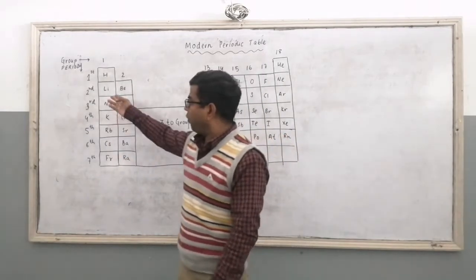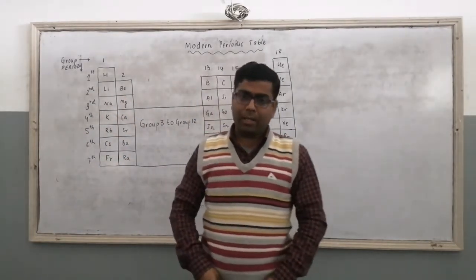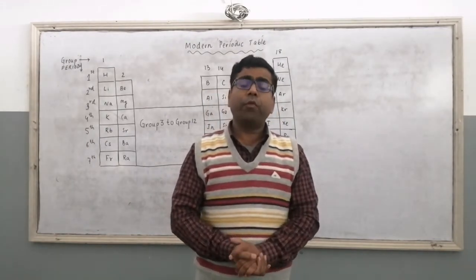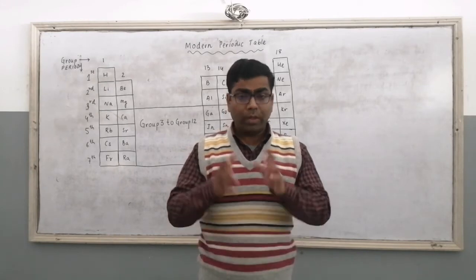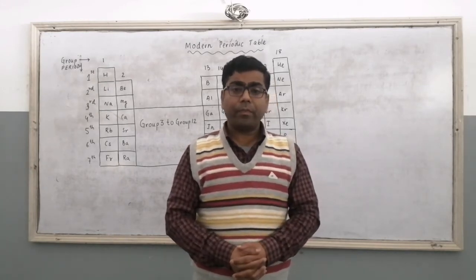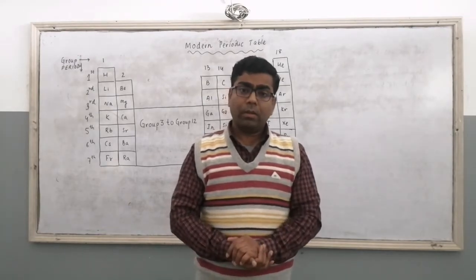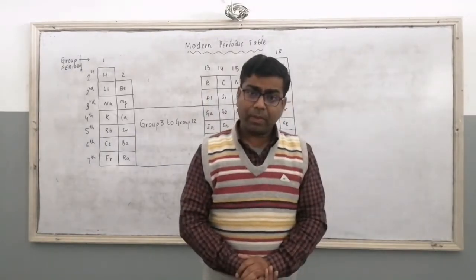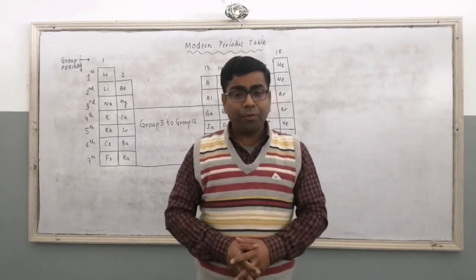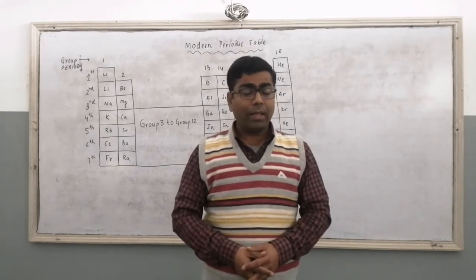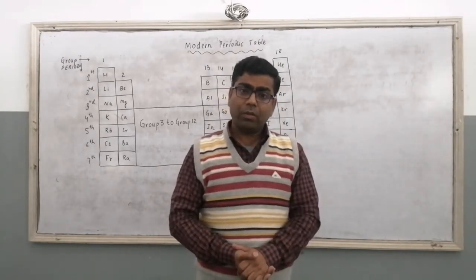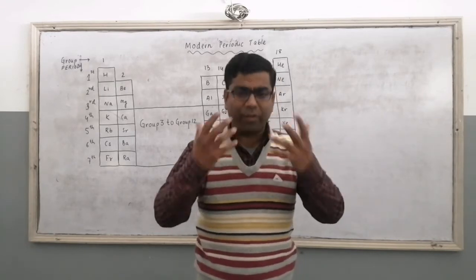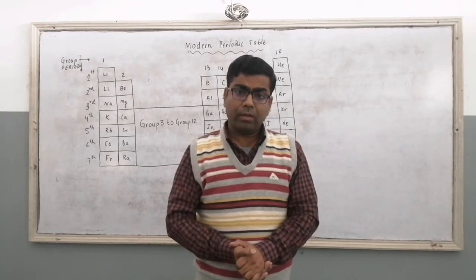Now when we move from left to right, when we move from lithium to beryllium, atomic number changes by 1 unit. Beryllium is having atomic number 4. So in the nucleus we will be having 4 protons. Beryllium is a member of group 2, so there will be 2 valence electrons. Protons are increased in the nucleus, electrons are increased in the valence shell. So definitely the valence electron will feel more force of attraction.